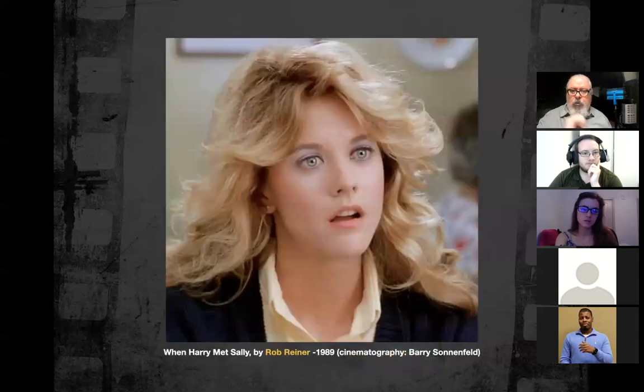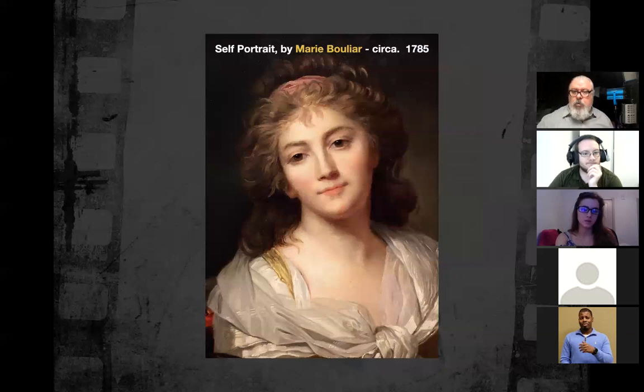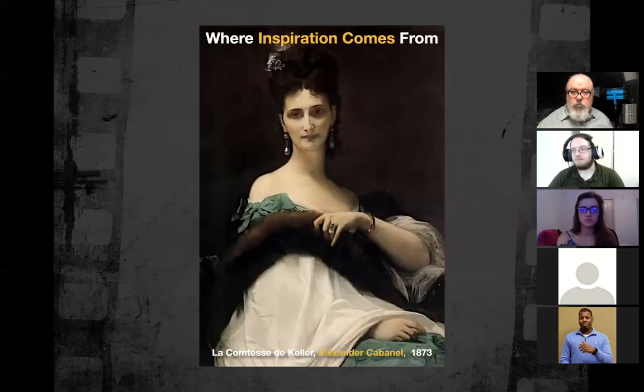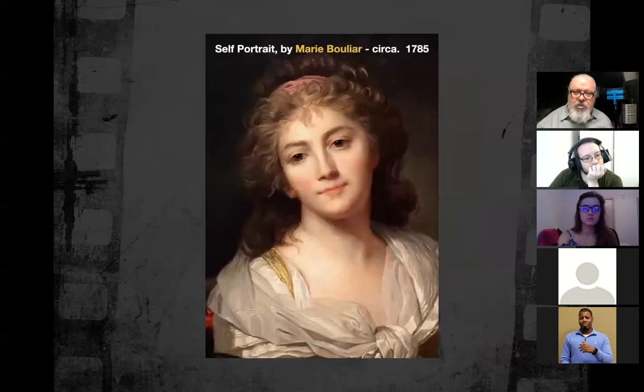I mean, we can see most of her except a little part of her face, but it's not super soft. It's pretty intense. Here's Mary Bouillard. Here's the Countess of Keller. What kind of person is this one? She seems trustworthy and nice. Maybe a debutante, maybe,